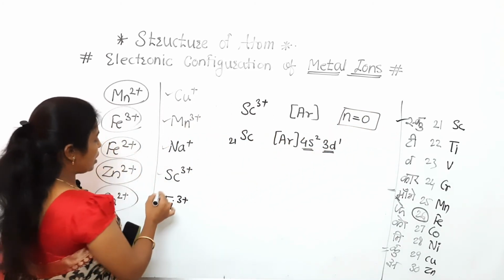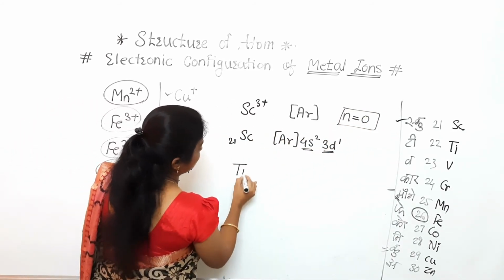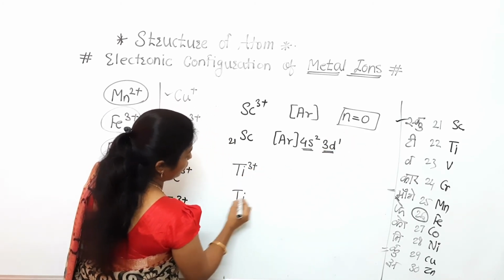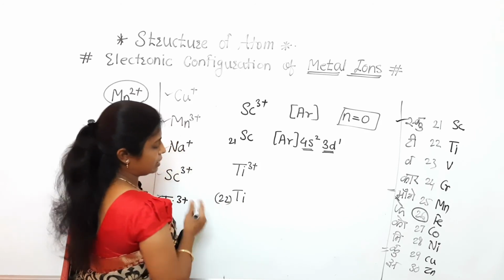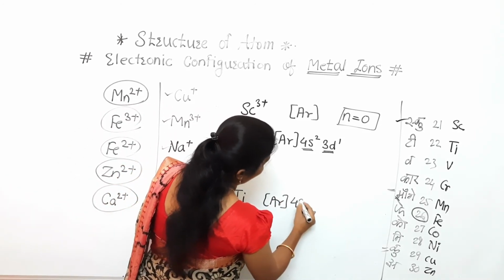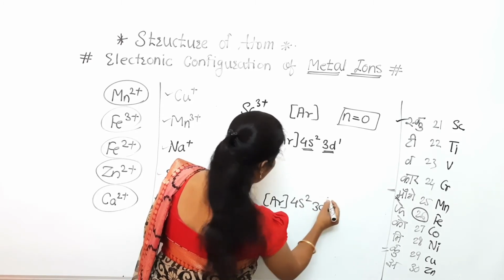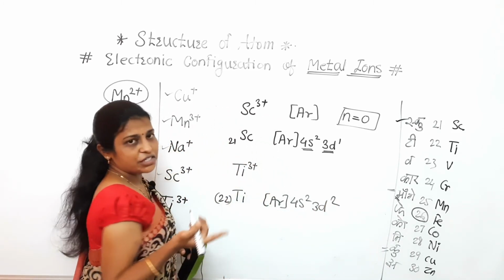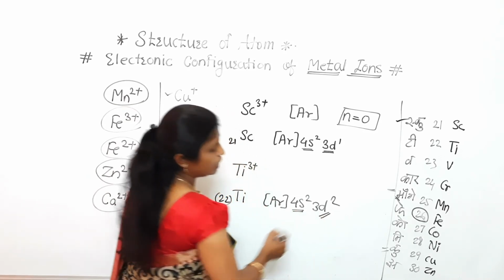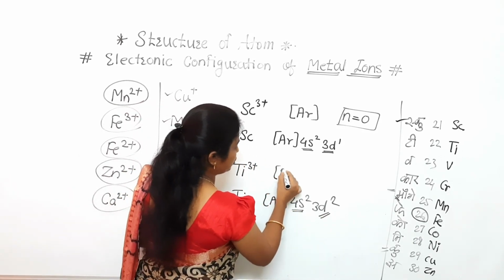Clear to everyone? Now next one is titanium 3 plus. Scandium is 21, titanium has atomic number 22. For neutral titanium, the electronic configuration is argon 4s2 3d2. 3 charges are there, means we have to remove 3 electrons, 2 from the 4s and 1 from the 3d. So its electronic configuration will be...